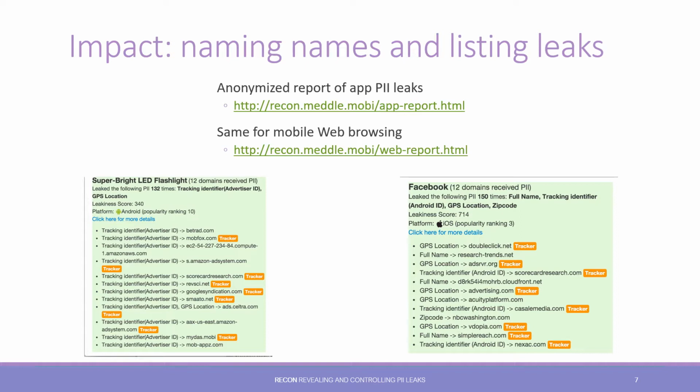that I've shown here. So we've also done the same for mobile web browsing, and on this page I've shown just a couple examples of what we found. So for example, the super bright LED flashlight, although its entire purpose is to light up a room, at least for users, that's its purpose. What we find is behind the scenes, they are sending unique tracking information to large numbers of other parties. And perhaps unsurprisingly, on the right-hand side, we see that Facebook is sharing a large variety of information with other